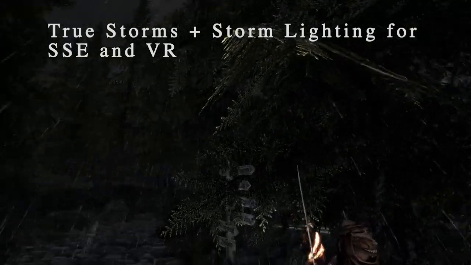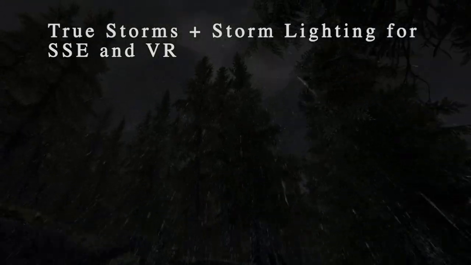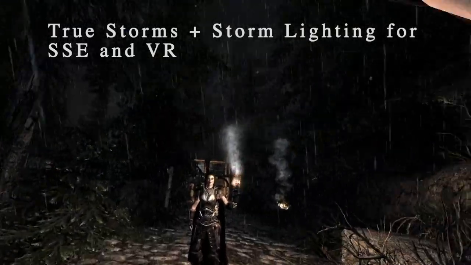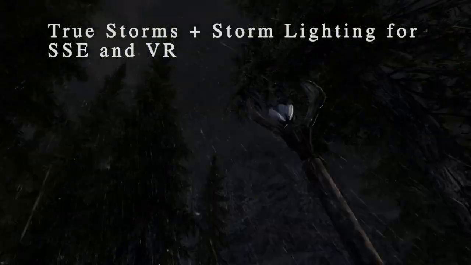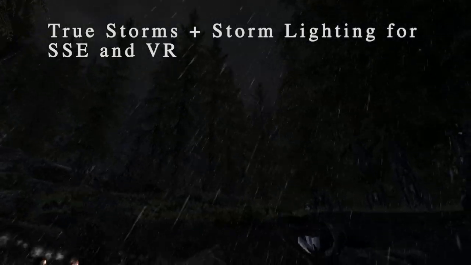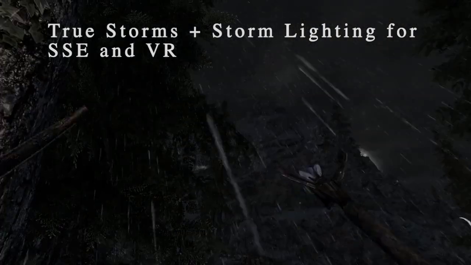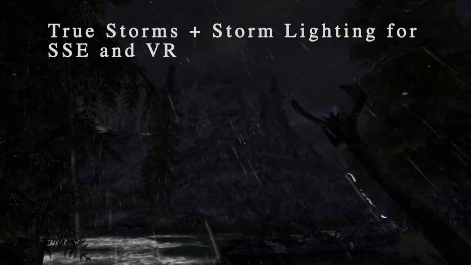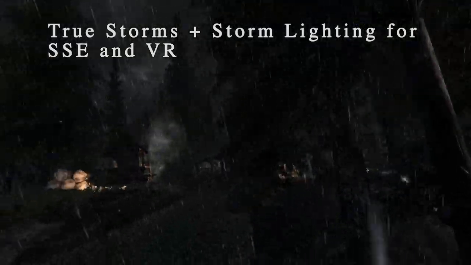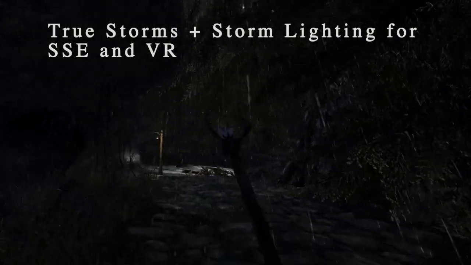For storms, I am using something called True Storms, and you can see it makes storms a lot scarier. I'm using this with Minty's Lightning Overhaul, and that makes the lightning much more realistic. It'll come straight down, which doesn't happen in the normal game. I think I can even strike NPCs too, which is pretty hilarious. And you can make this super crazy if you want. Oh yeah, it makes it really scary when you're in a storm. And this True Storms mod adds better sound effects for the rain and everything,